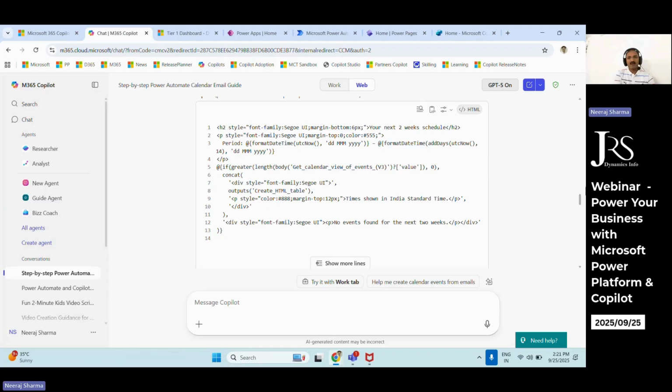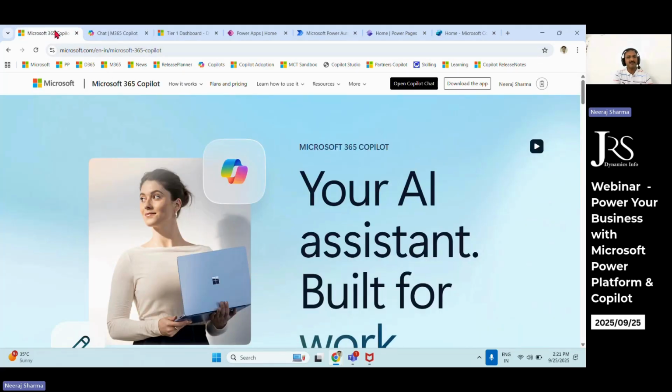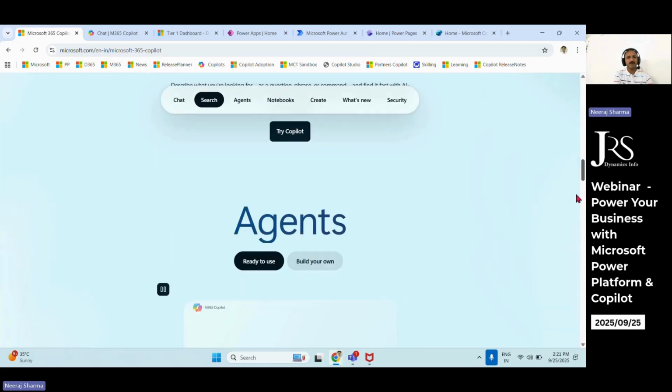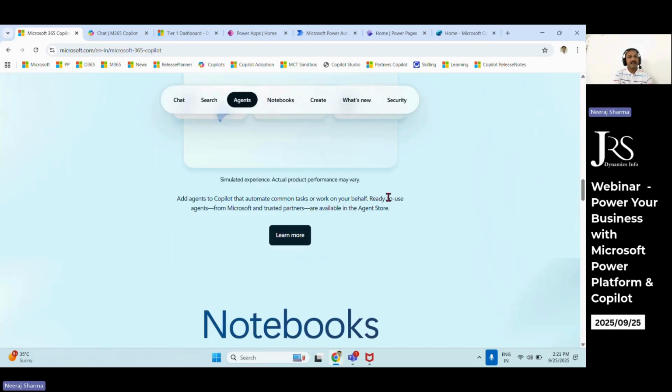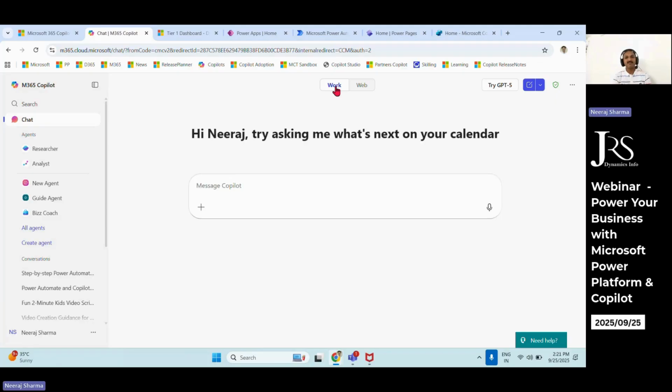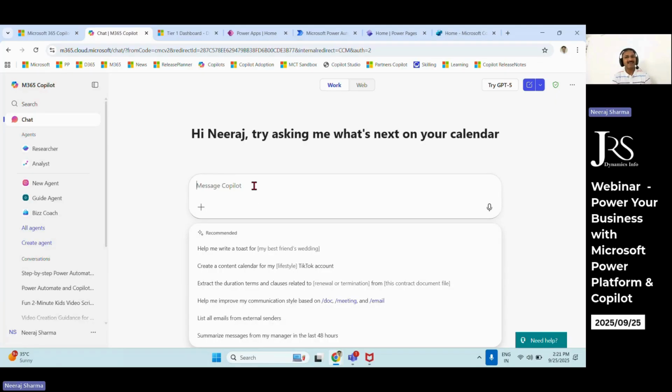So whenever you have this license, the Microsoft 365 Copilot license, which is the paid one, you have to pay roughly 30 USD per user per month for this. In that case, you will see a Work tab over here. It means from your logged in account, you can access your graph, Microsoft Graph. Like for example,